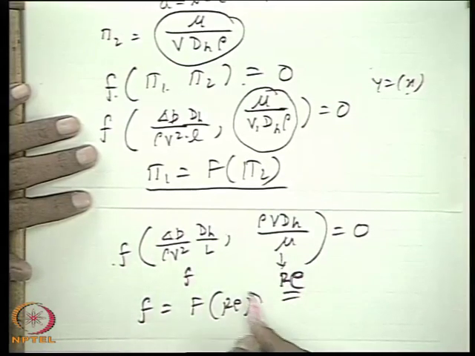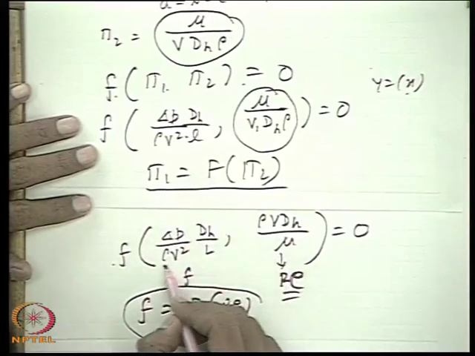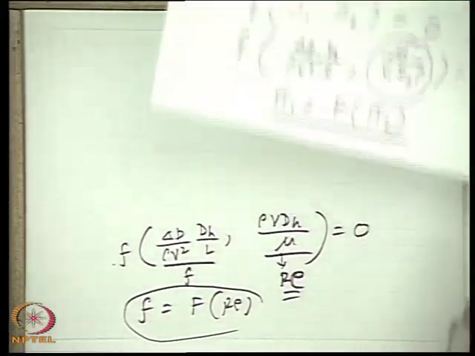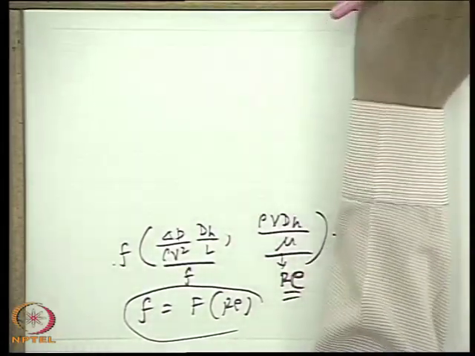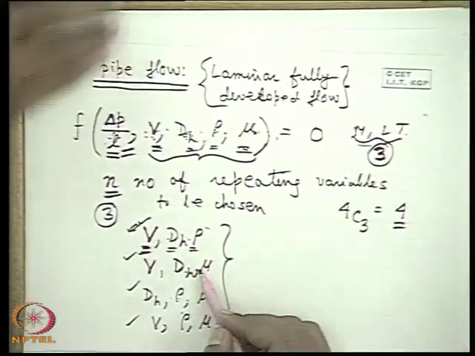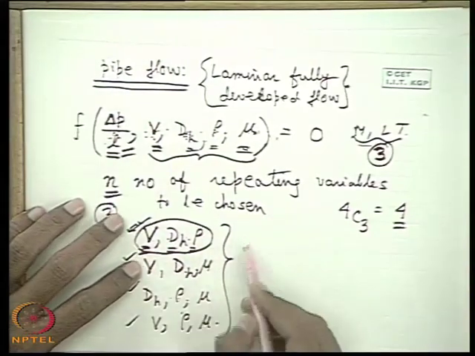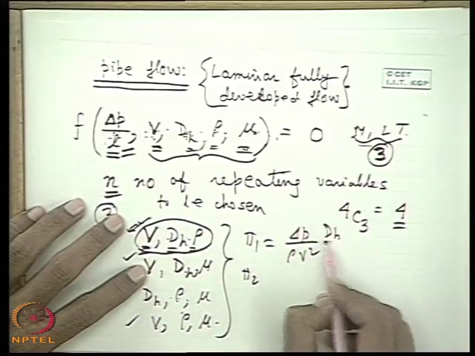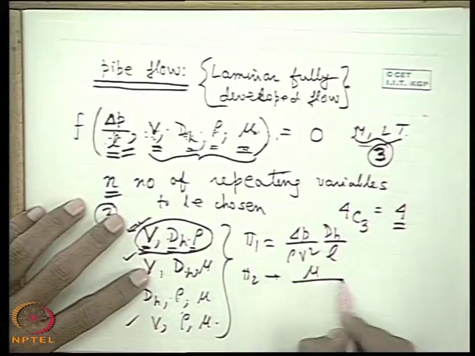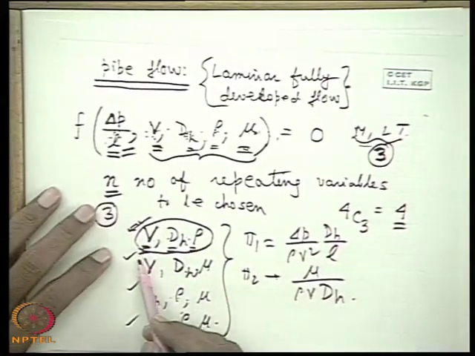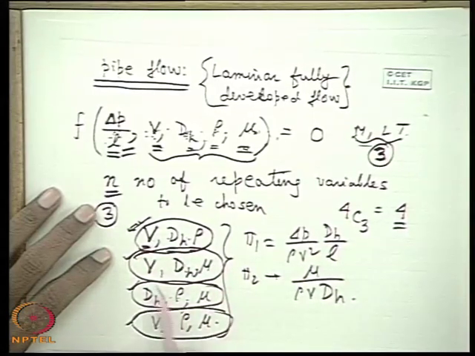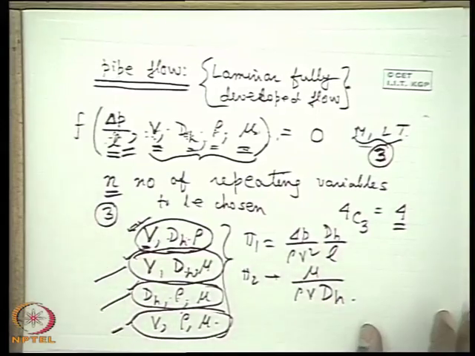Alright, so friction factor is, that means we get the relationship. Therefore we say that this problem is defined by these two pertinent dimensionless terms. Now, after this I would like to tell you the very important thing that we have several other choices for the repeating variables. This choice gives these two parameters, pi 1 as delta p by rho v square times dh by L and pi 2 as mu by rho v dh. But what are the pi terms we land up with if we choose other sets as the repeating variables? That I will discuss in the next class.